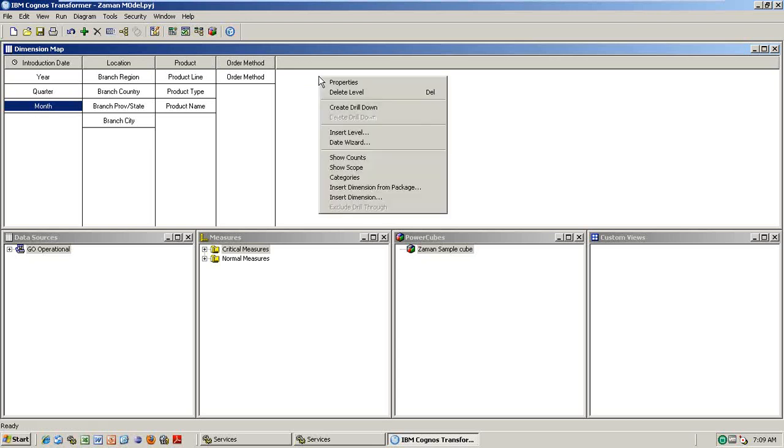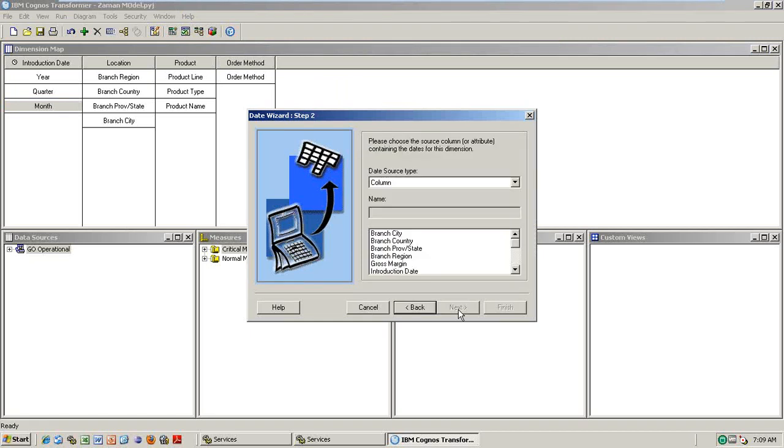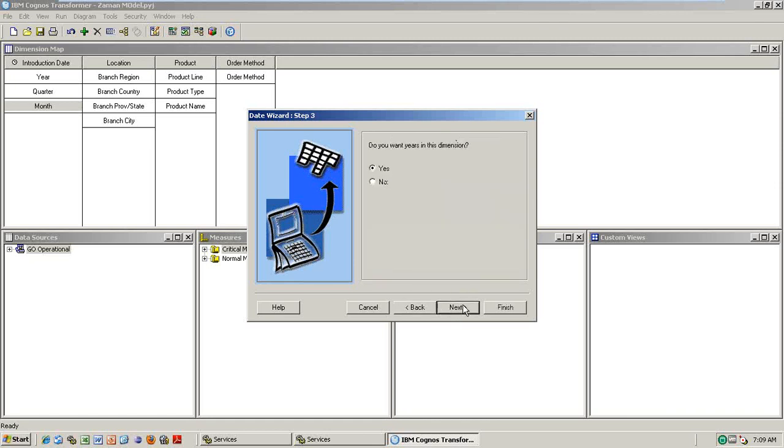So that is date wizard. So you please click time dimension or something. Click next. So you need to take one date column, then only it will populate according to the standards. So introduction date I selected, click next. Do you want years? Yes. Do you want 365 days? Yes. Do you want quarters? Yes. Do you want months? Yes. Do you want weeks? Yes. By default it will be no, because normally week level is not required. But don't take the days because it will take 365 days. No, I don't require. Click next.